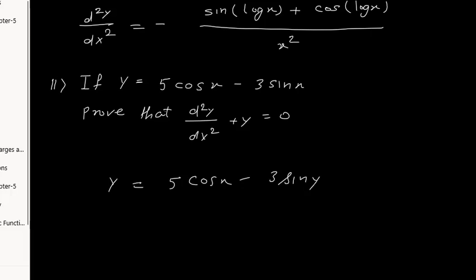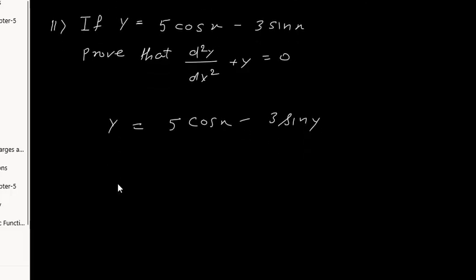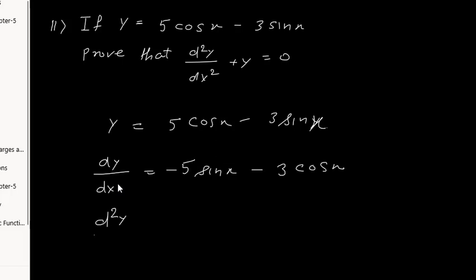Okay. We differentiate. So dy upon dx, we will get 5 into the derivative of cos x, which is minus sin x, so minus 5 sin x, minus 3 into the derivative of sin x, which is cos x. This is the first derivative. We differentiate it again, d square y upon dx square, we get minus 5, the sin